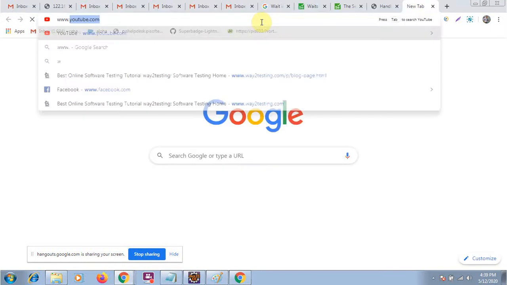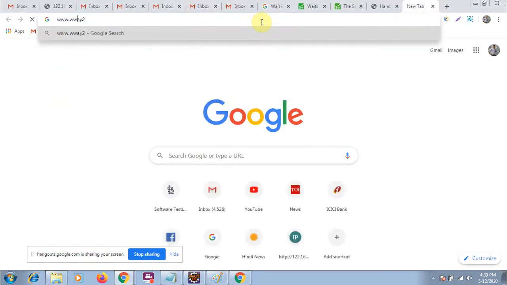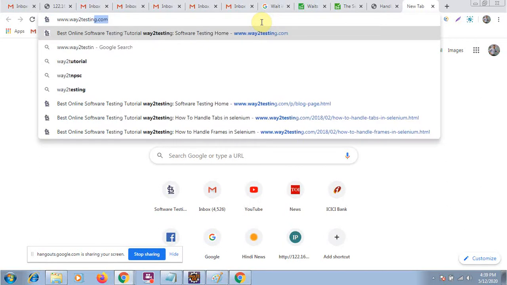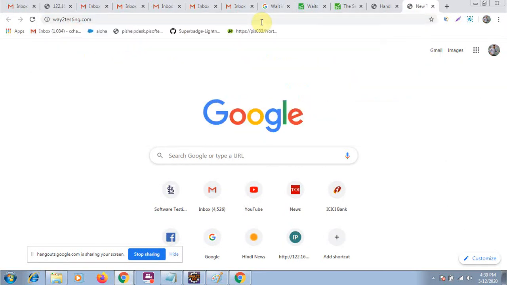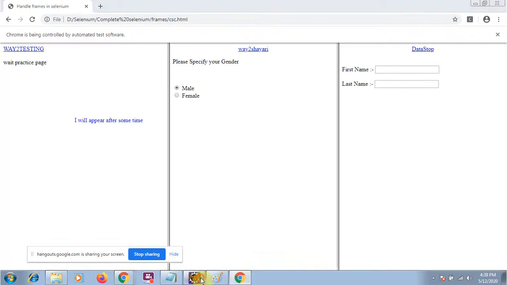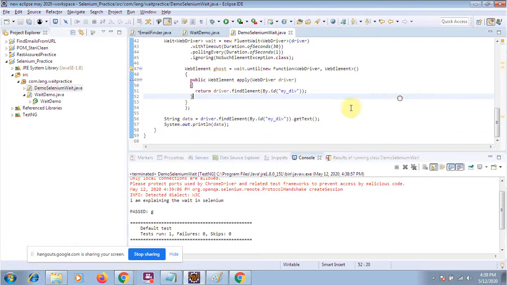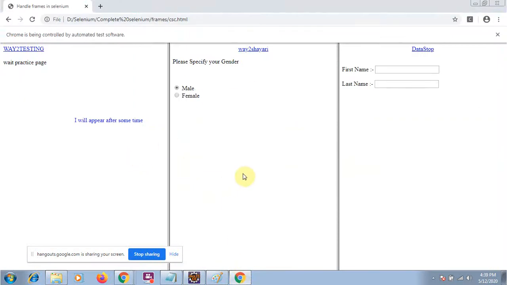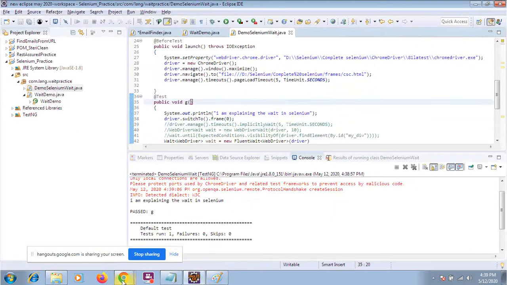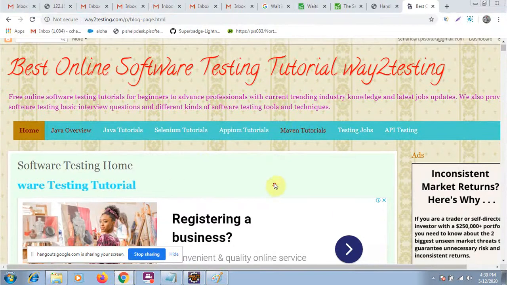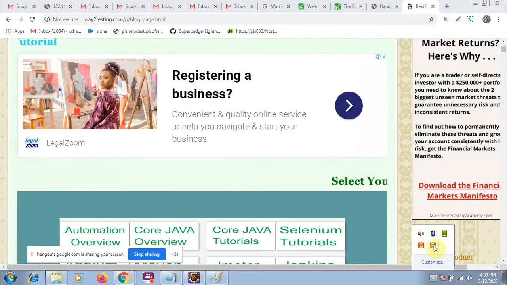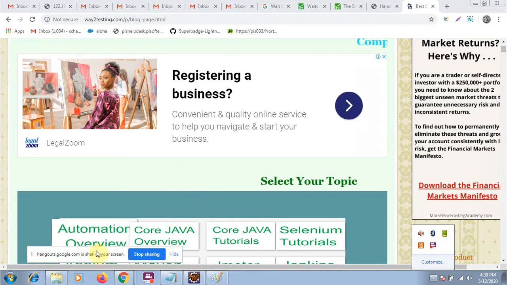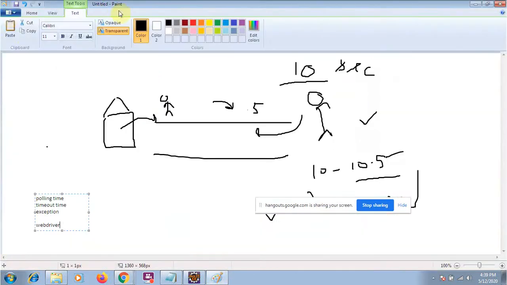Okay. So let's see what we mean by the different kinds of axes. So let me open my website, way2testing.com. Actually, that axes concept is very easy. But it depends. Sometimes somebody says that it's not easy, that they are making it complex. It's a very easy thing, how to find the axes of an element. Okay, let me close all these things. Let me explain how you will find the axes. What do you mean by the axes? First of all, let's understand.